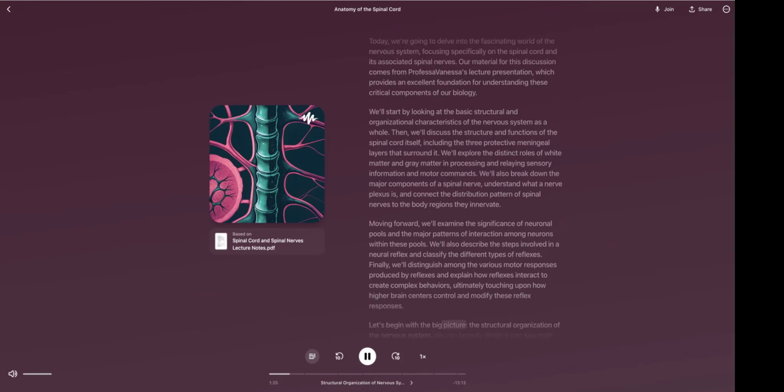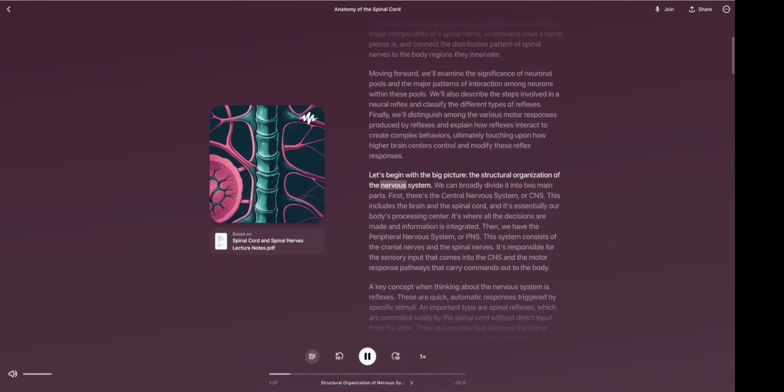Let's begin with the big picture, the structural organization of the nervous system. We can broadly divide it into two main parts. First, there's the central nervous system, or CNS. This includes the brain and the spinal cord, and it's essentially our body's processing center. It's where all the decisions are made and information is integrated. Then, we have the peripheral nervous system, or PNS. This system consists of the cranial nerves and the spinal nerves. It's responsible for the sensory input that comes into the CNS and the motor response pathways that carry commands out